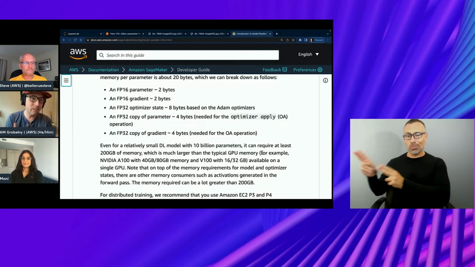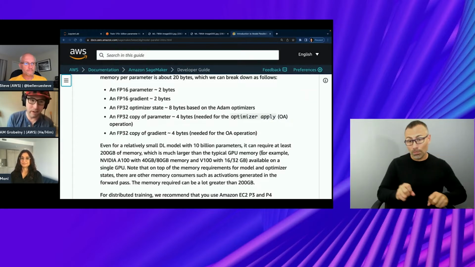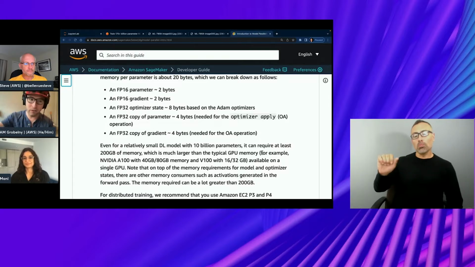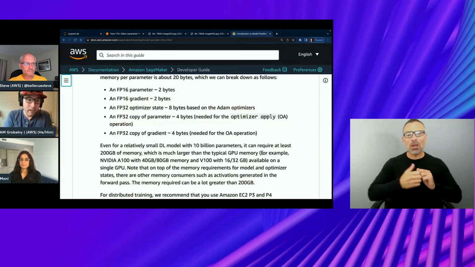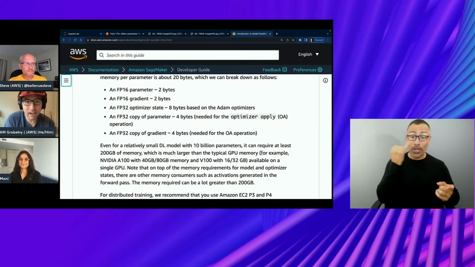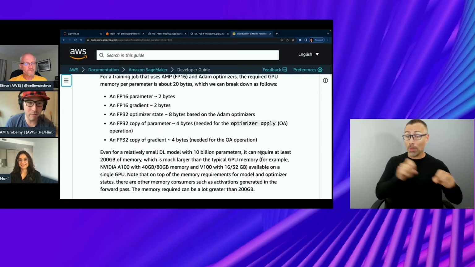It's because the same problem exists with a network. Your network speeds are only going to get to a certain level at some point. If you could parallelize that, it'll go faster, right? Is that kind of the same idea here? Yes,